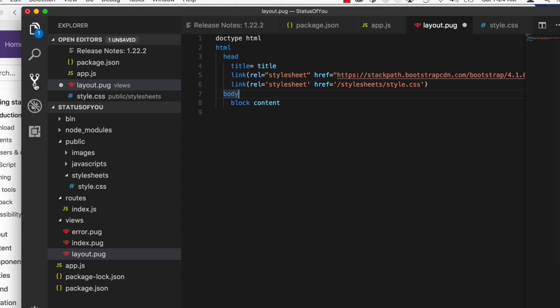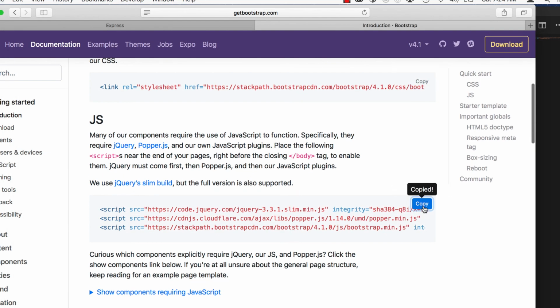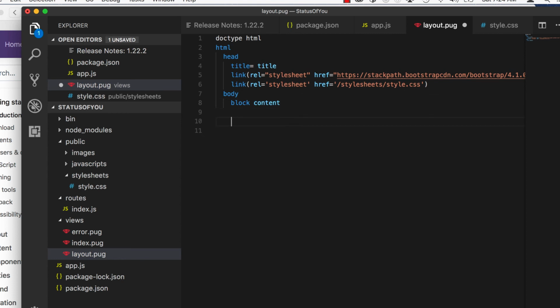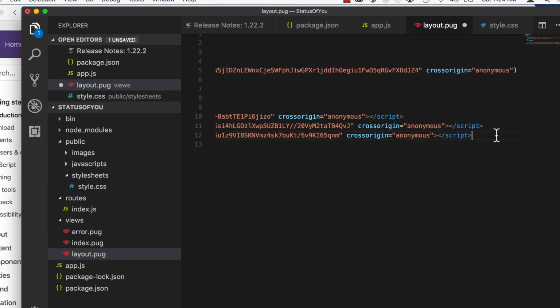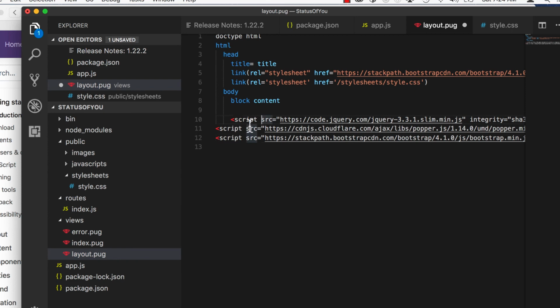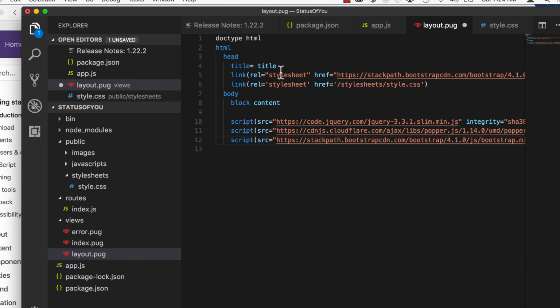Okay, so now we have the style sheets in there. Remember, we need to copy and paste those JavaScripts as well. I'm going to go ahead and delete those script tags, add that in parentheses, and then delete that space, make a parenthesis, and delete those tags. Oh, and actually no, we want all those indented. There we go. Alright, so now we have the Bootstrap styles, we have the Bootstrap JavaScript, and last thing,